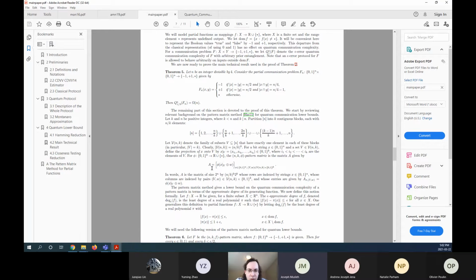where the entries of this pattern matrix are given by, so the matrix's entries are indexed in the rows by n-bit strings, and in the columns by choices of entries from each part of a partition of the integers from 1 to n into k subsets of size n over k. So just choose one index from each of these. And then you just take the evaluation of the function of interest on the